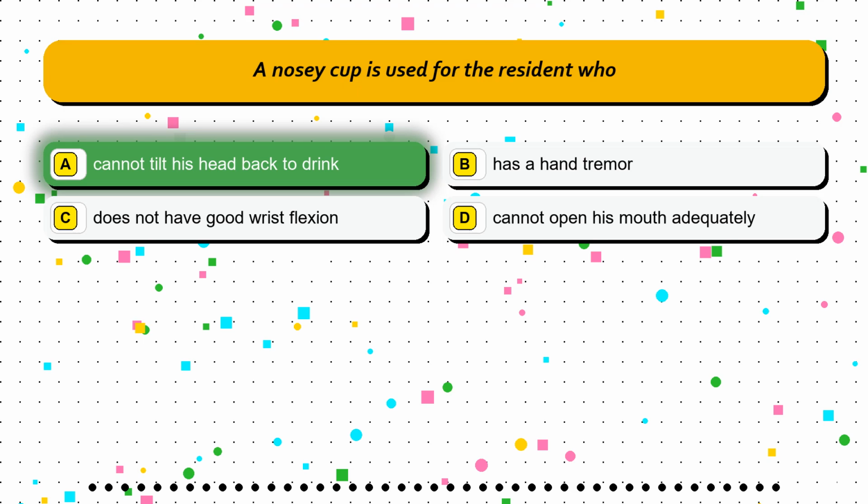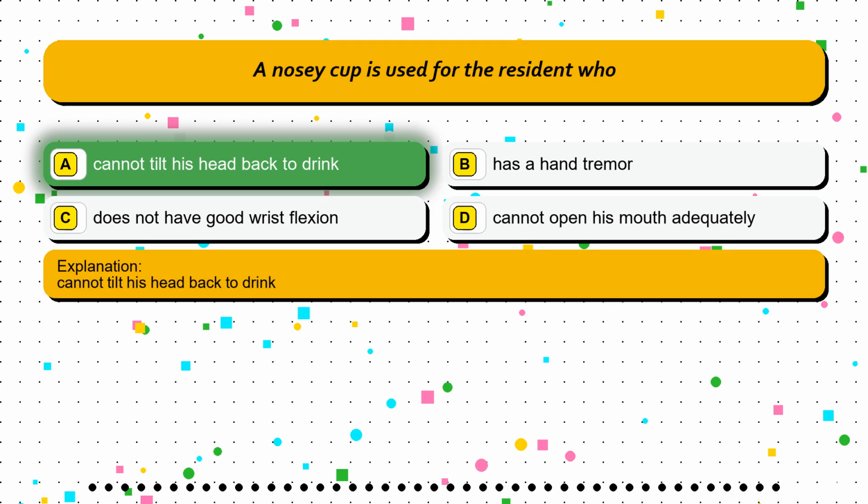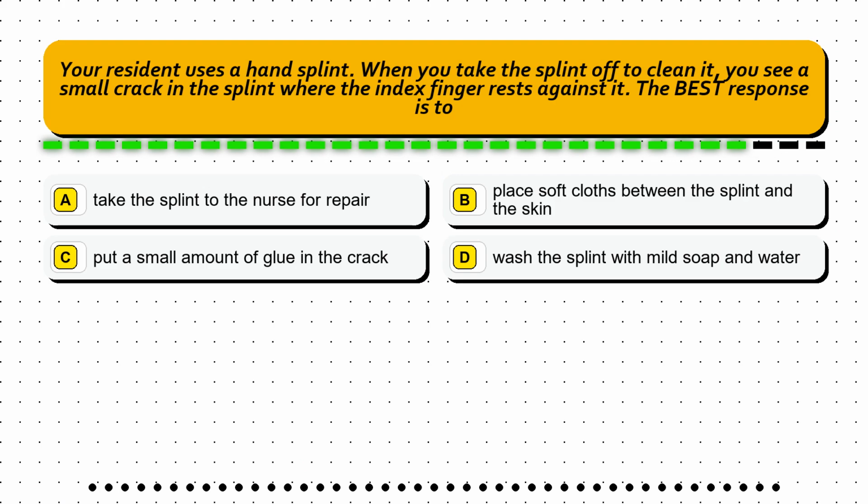The correct answer is option A, cannot tilt his head back to drink. Question 20. Your resident uses a hand splint. When you take the splint off to clean it, you see a small crack in the splint where the index finger rests against it. The best response is to: